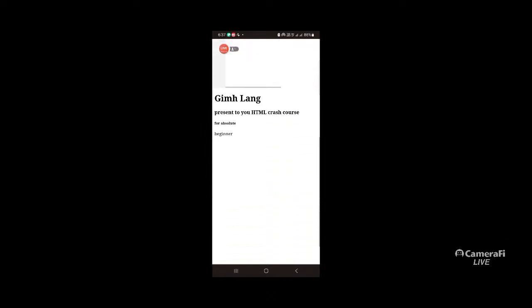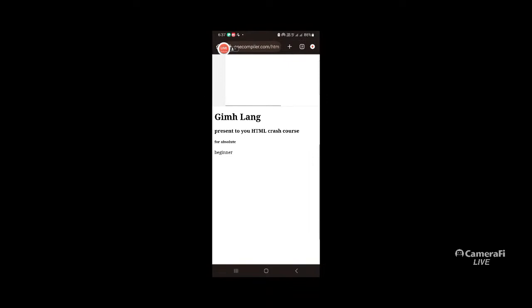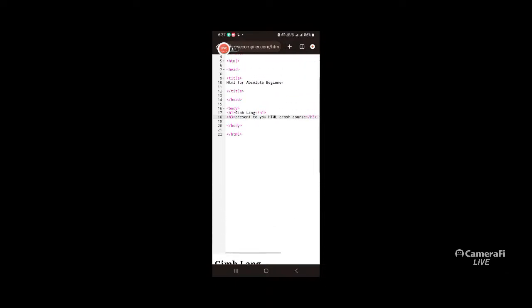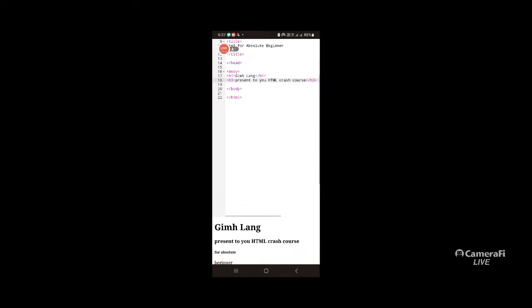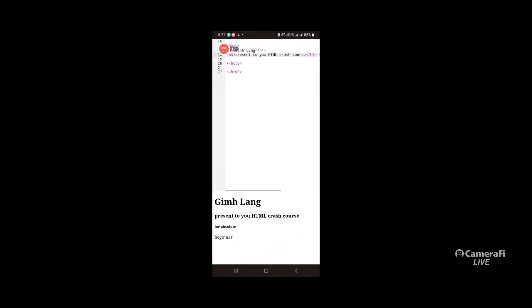If there is any error, we are going to see. Okay, now you can see what happened recently. Immediately I included the H5. What happened to the text? Now our first text, Gimlang, remains bold